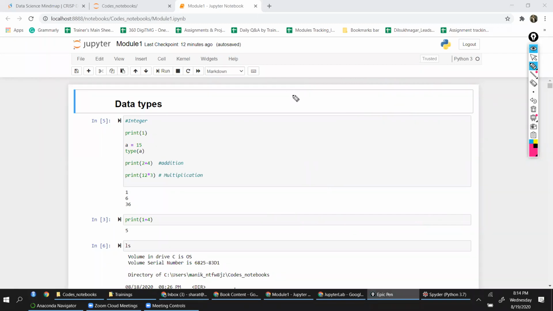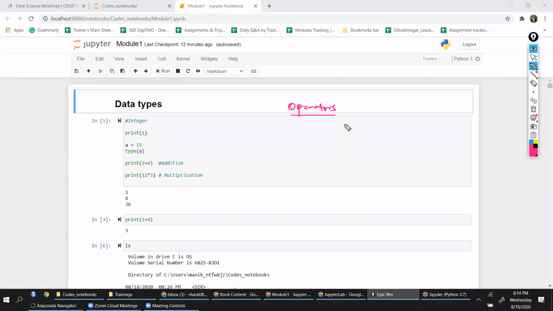Then we started understanding the data types. We looked at integers, float, complex numbers, and then characters. These are the data types. Then we looked at operators, a very important concept.